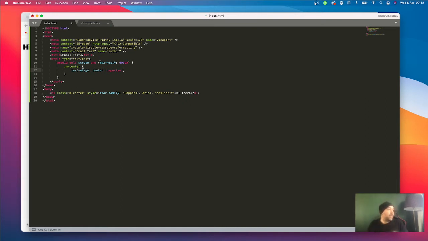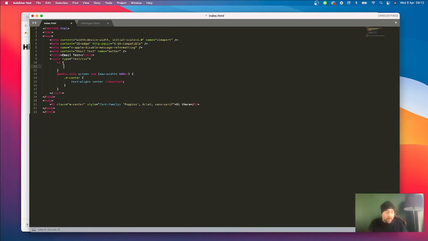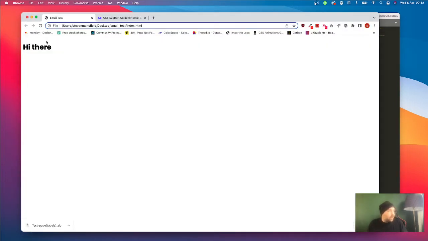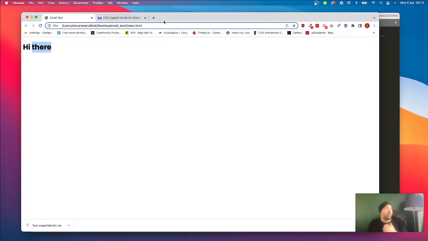So if I had up here, for example, H1, and then I had font family Times, a serif font, and saved that, it would still come out as Poppins, because what's happening here is the inline style is overwriting that one, and that's what I mean by